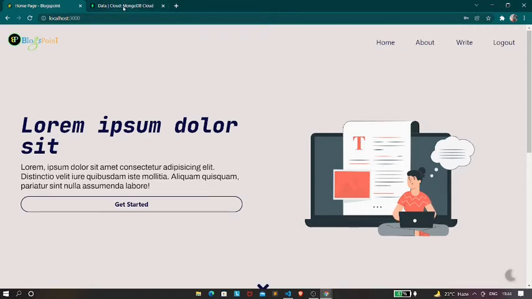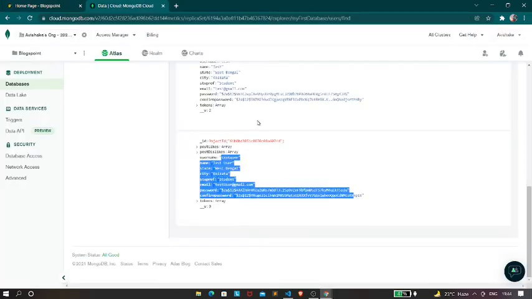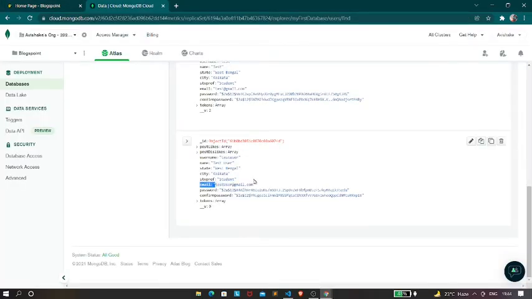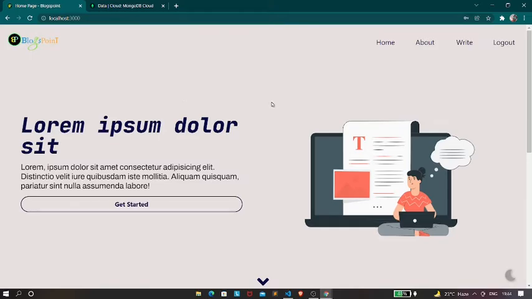Now what exactly happened over there? When you click on this login button, your email ID and the password are sent. In the database, it is checked whether the email ID is present or not. And if they find the email ID, then they check whether the password is the same or not. Since the password is hashed, we use the bcrypt.compare function, using which we check the equality of the already stored password and the password given by the user.